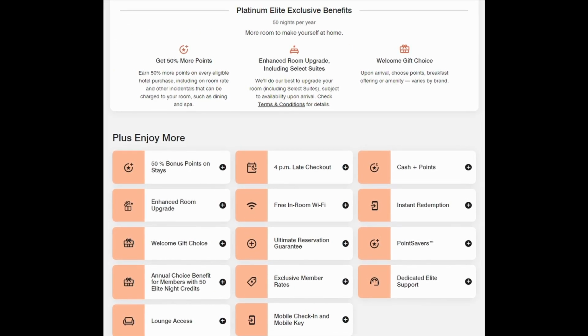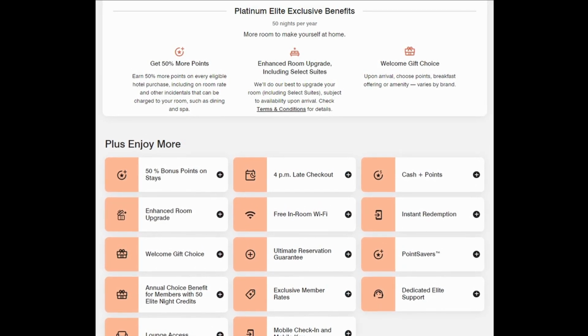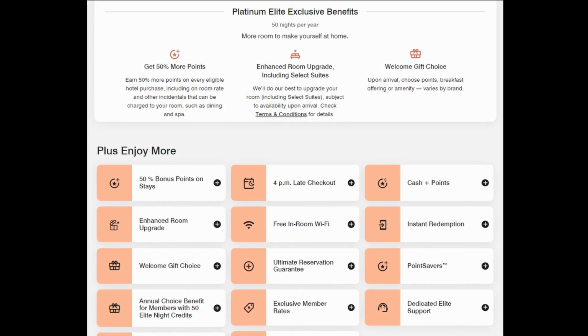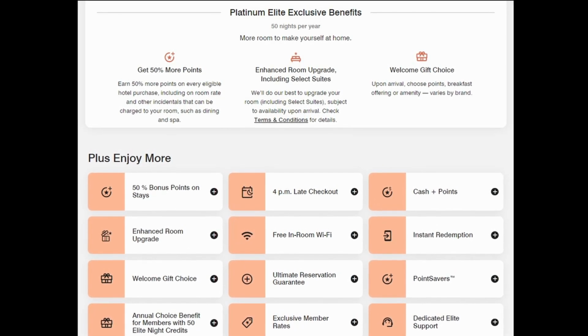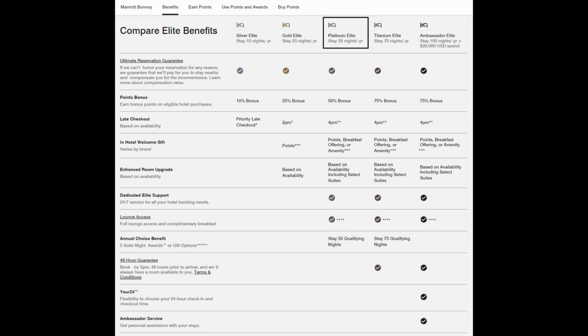With Platinum Elite, you'll earn 50% more points with money spent at Marriott, room upgrades that does include suites when available, a welcome gift that can include points, breakfast, or an amenity, a 4 p.m. checkout based on availability, and a few other benefits. Alright, moving on. After Platinum Elite, there's Titanium Elite status once you've stayed 75 nights in a year. Then lastly, there's Ambassador status, which requires you to stay 100 nights and you have to spend at least $20,000